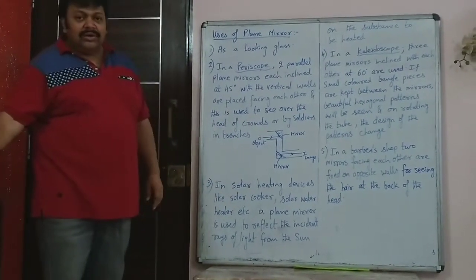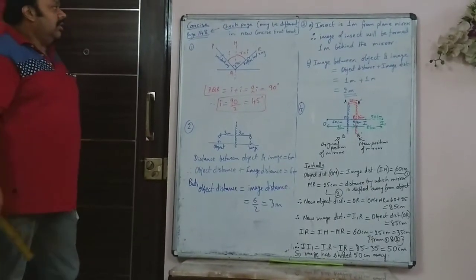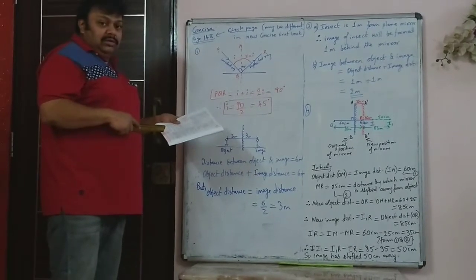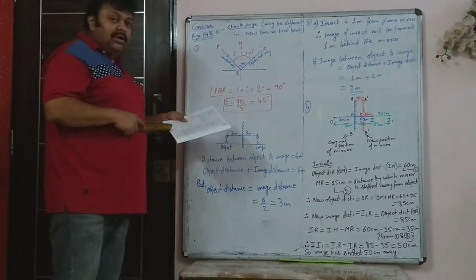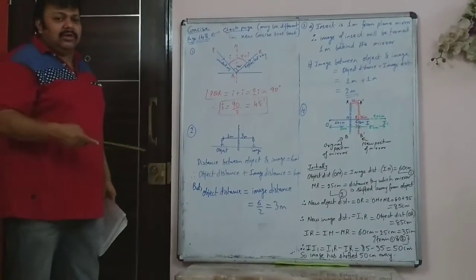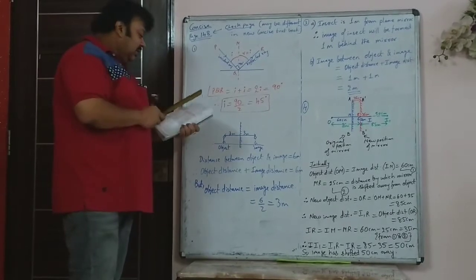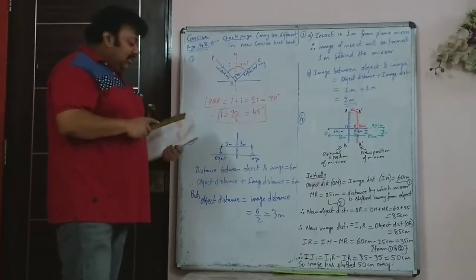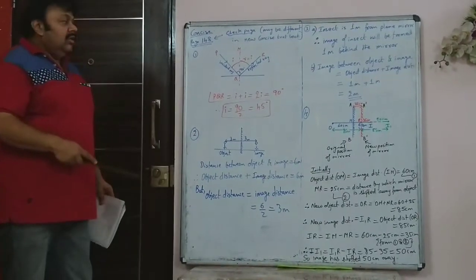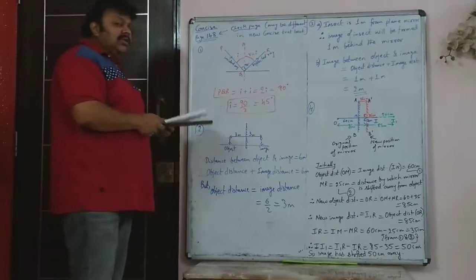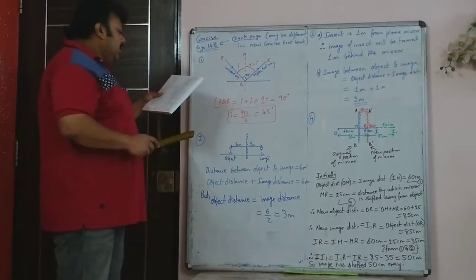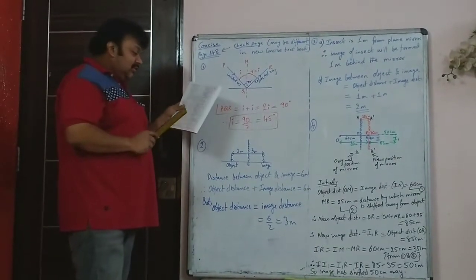So let's do that. Here I am doing it from the Concise textbook. In my textbook, which was of last year, it was page number 148. So it is possible that it is the same page or maybe one or two pages here and there. At the end of section A, that is just before images formed by plane mirror, that is section B, there are 5 numericals. These are basic numericals based on plane mirror, which is there in the syllabus.